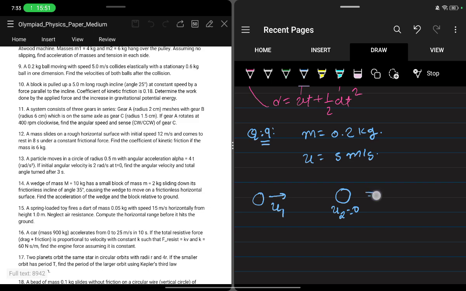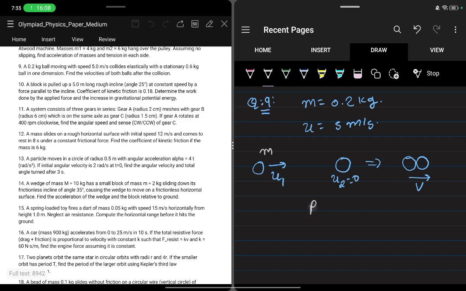So after the collision, they stick to each other, right? And let's say they move with the velocity v. So we need to find this velocity, okay? So this is pretty easy. You just need to apply momentum conservation, okay? It says that initial momentum is equal to final momentum. Here initial momentum is m u1. Since its velocity is 0, we don't need to count it. And the final momentum would be,